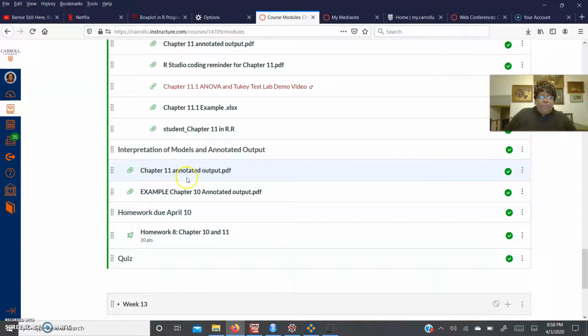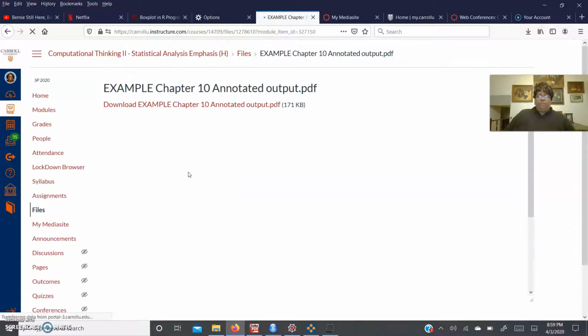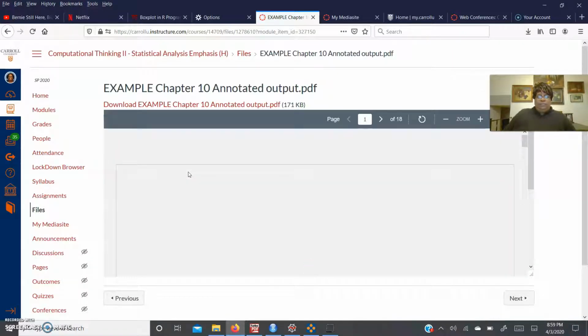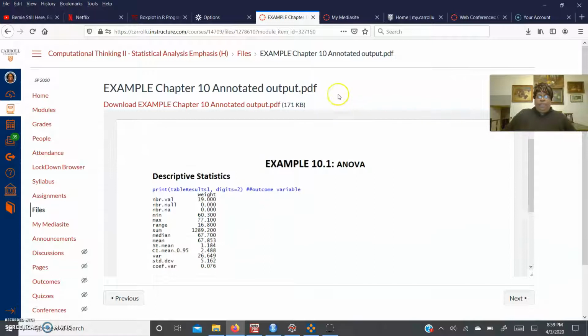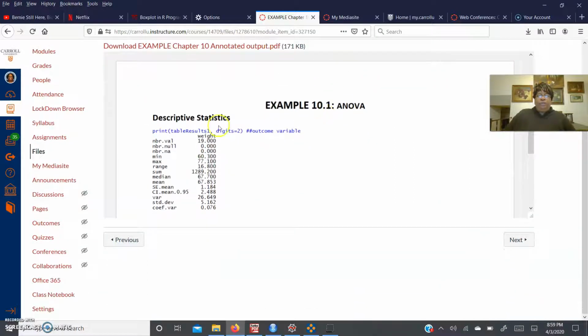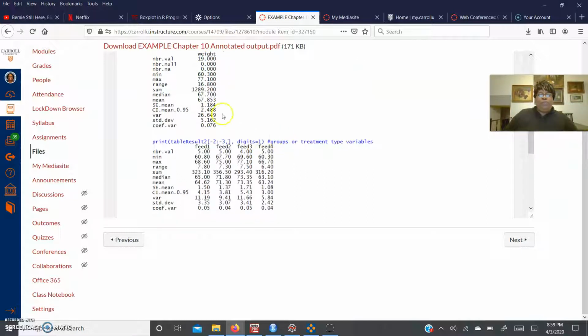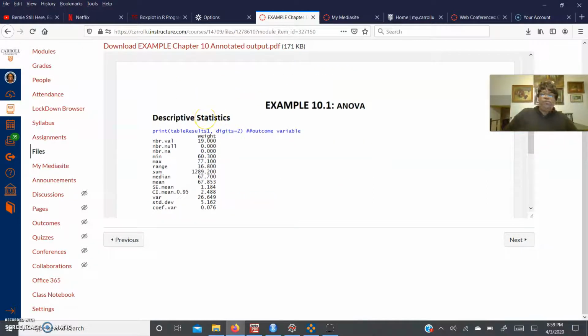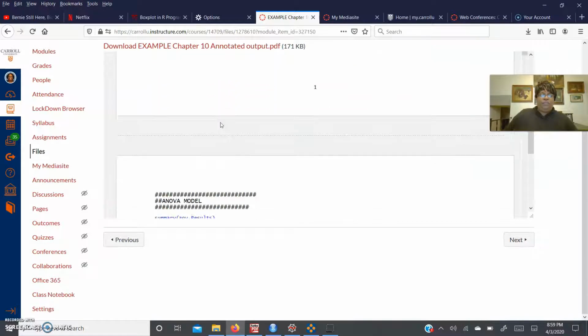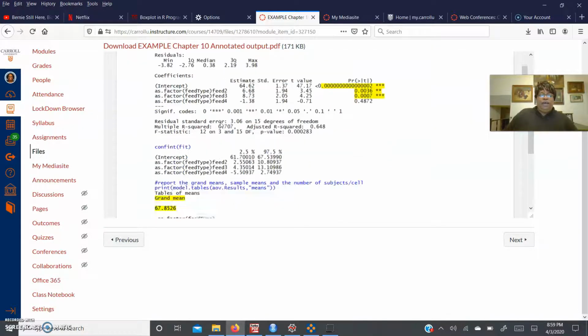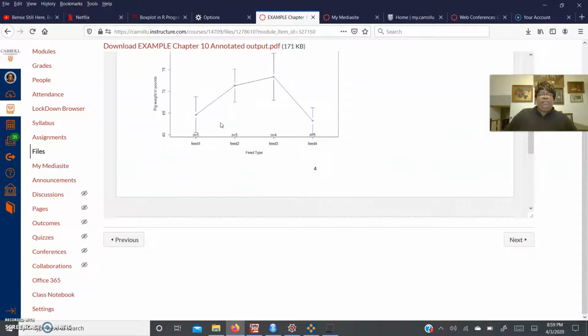All right. So you have the annotated output for chapters 10 and 11 here. So I'm going to go ahead and click on this link for chapter 10. Okay. And here you will notice I've provided you with output of what you should be storing in your master copy here. All right. The other thing that I have done is that